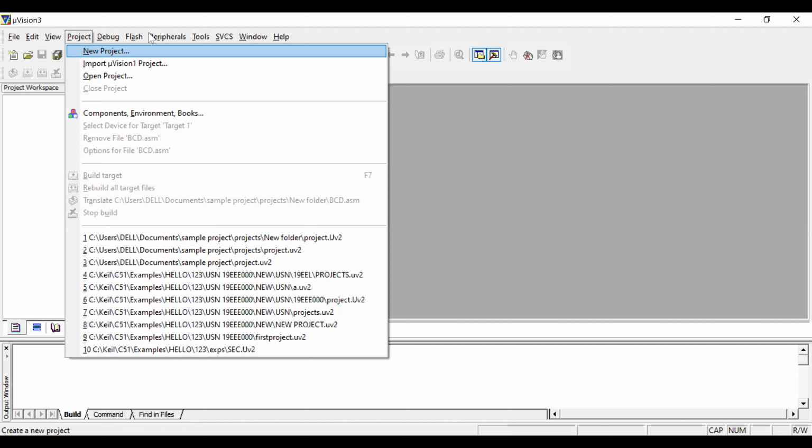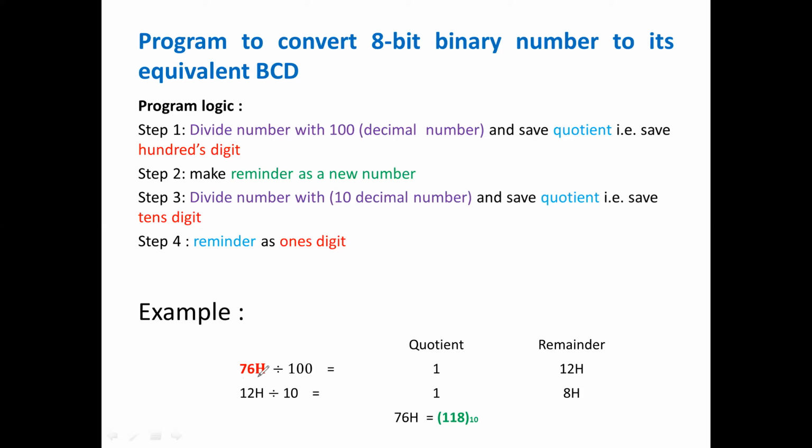See, I'll tell you simply. By this example, you can understand. This is your input. Whatever the given data, you have to divide by 100. First step, you divide by 100, right?